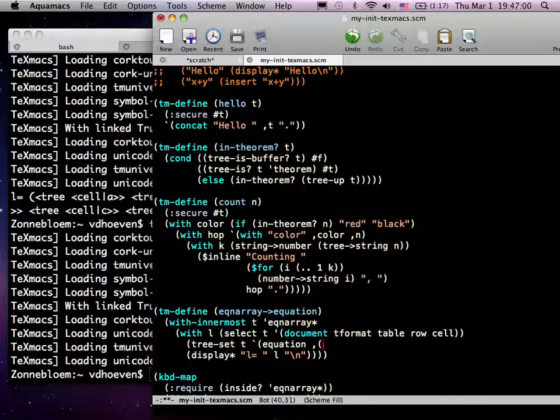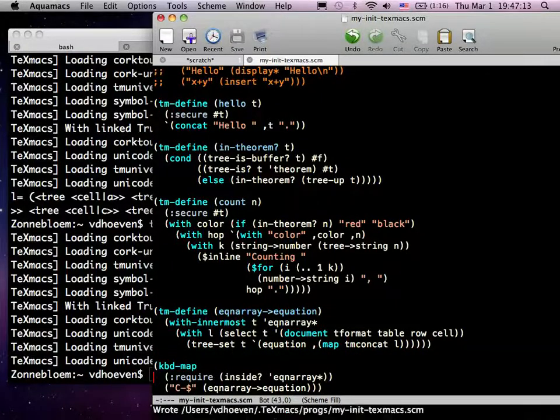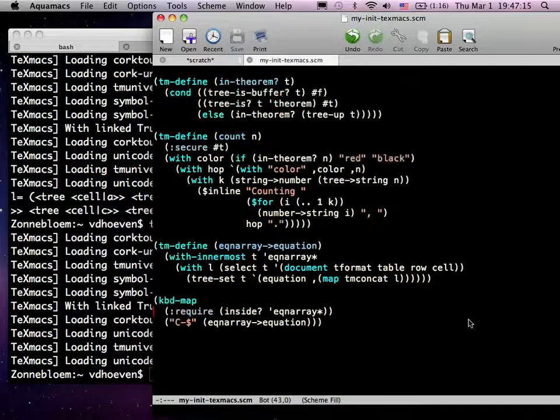No, I'm going to do tm concat, right? I'm going to map tm concat to L. And I'm just going to do all this. This way you maintain the cell statement or not? You have the cell statement, the cell tags. Oh, terrible, you're right. So, we are going to do,